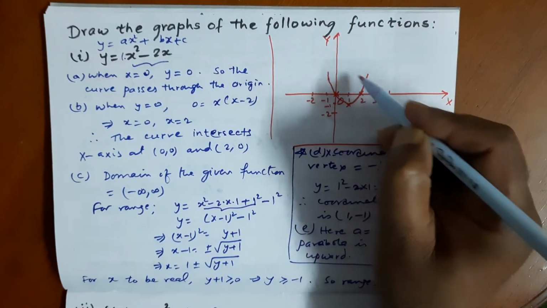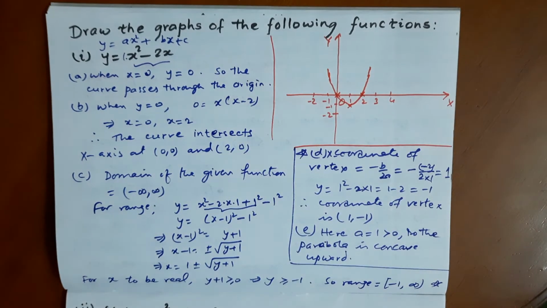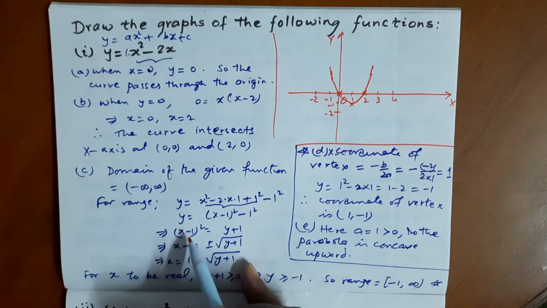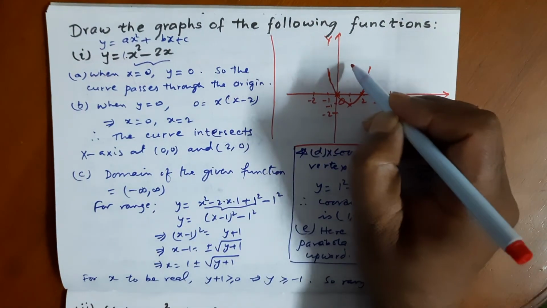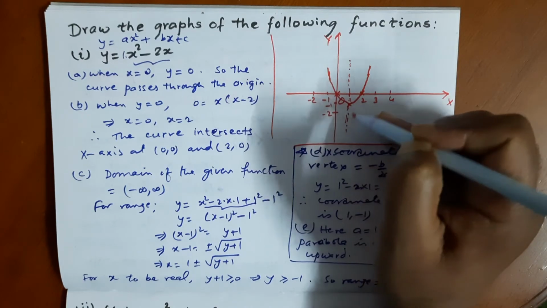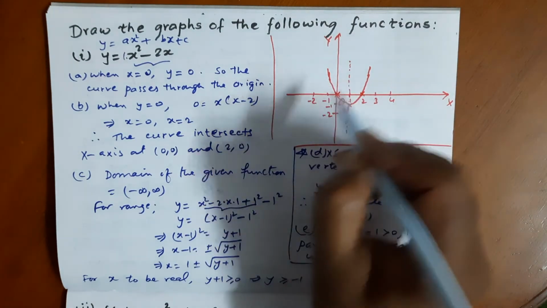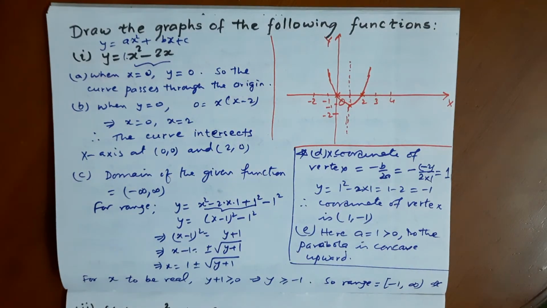So its graph will be a parabola. It's like this. Okay, in this way we can plot the graph of this. And moreover, here this square term, x minus 1 whole square, if you equate this with 0, then you will get x equals to 1. That means x equals to 1. This is the line which is parallel to the y-axis. It is the axis of symmetry or axis of this parabola. Okay, in this way we can plot the graph of this quadratic function